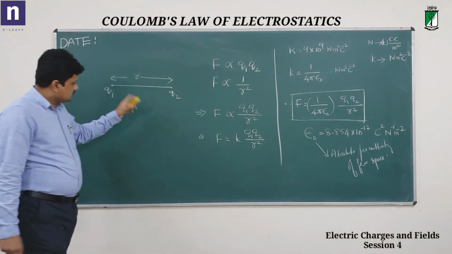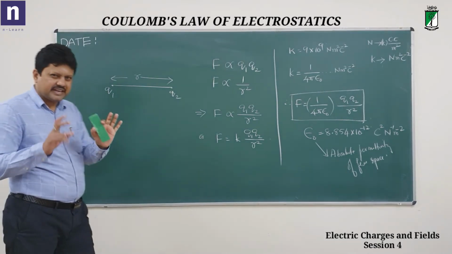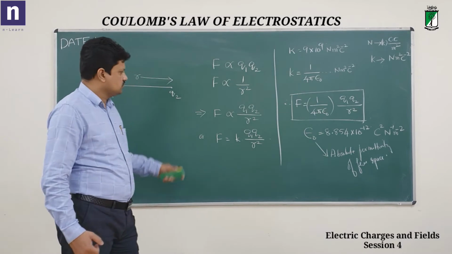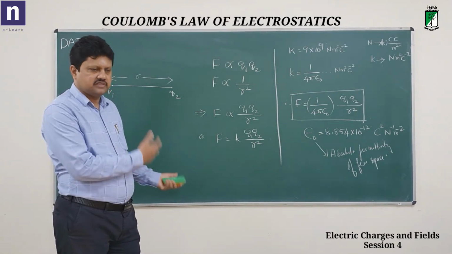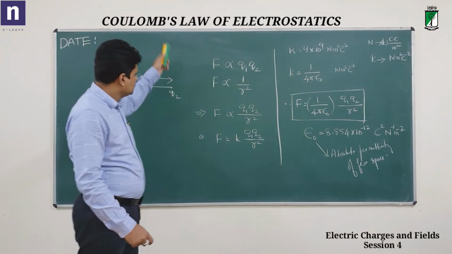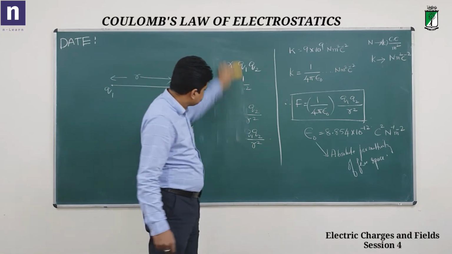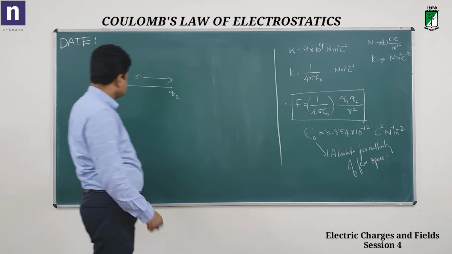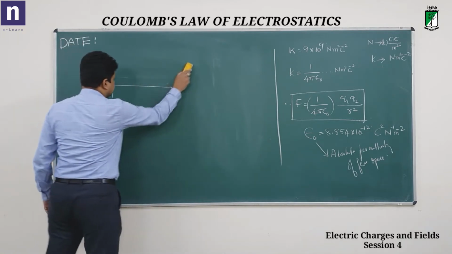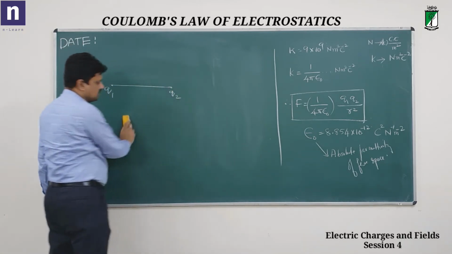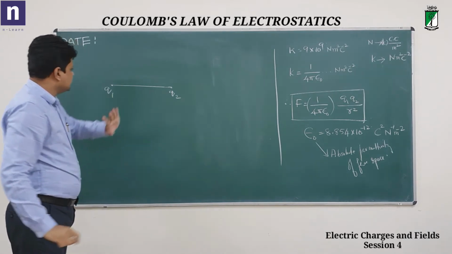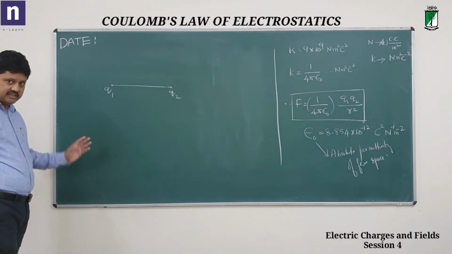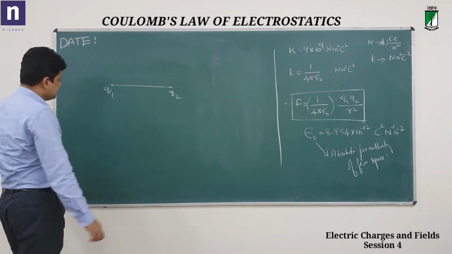Now, we have just got the magnitude of force. Now what about the direction? So of course, to represent the direction, we have to have the vector form of this Coulomb's law. So let me just write the vector form. Now, it's very easy. If I consider 2 point charges Q1 and Q2 separated by a distance r, as we said earlier, now let me take the vector form here.